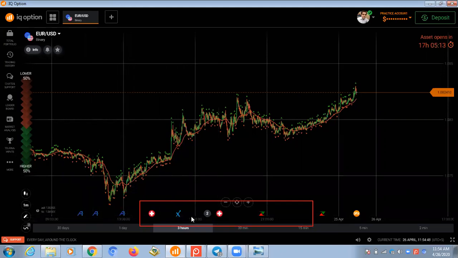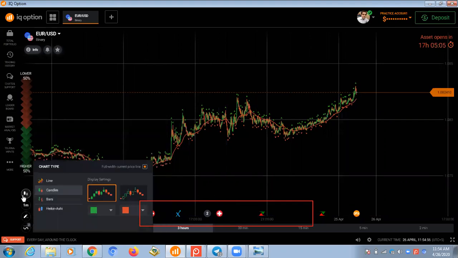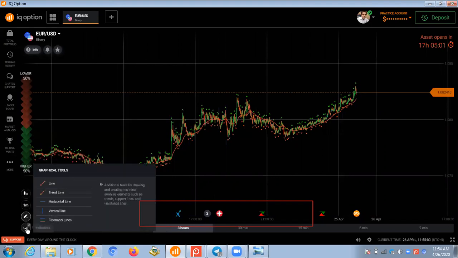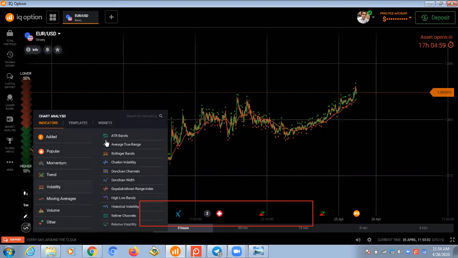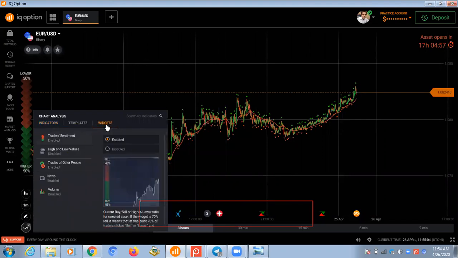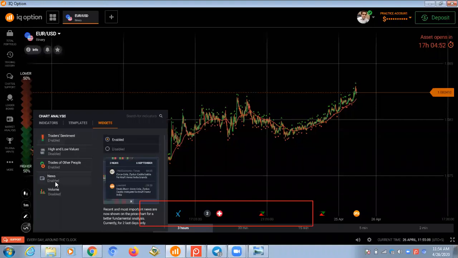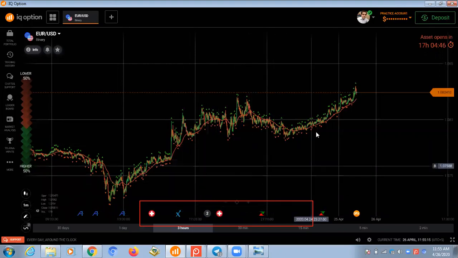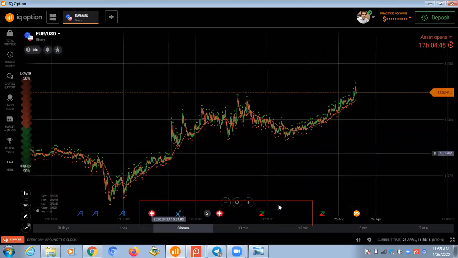Go in this section. Okay, this section. No, this one. Yes, this. There are the widgets, and there is news. Enable the news. When news is coming on this asset, there is